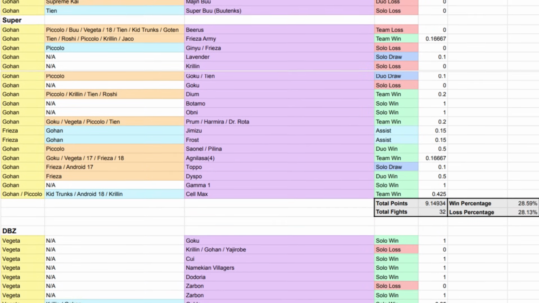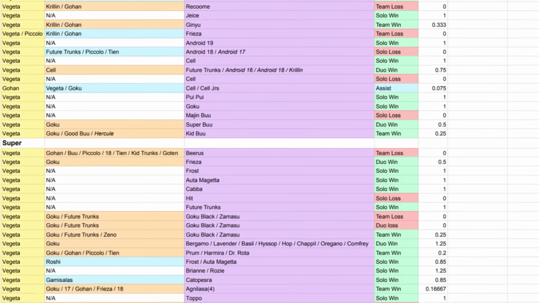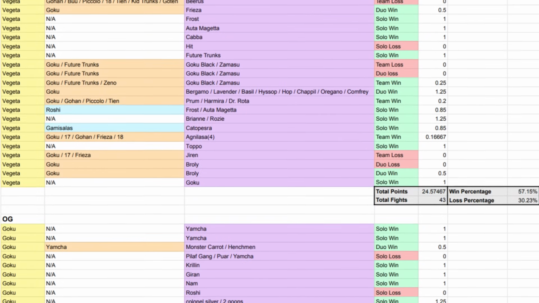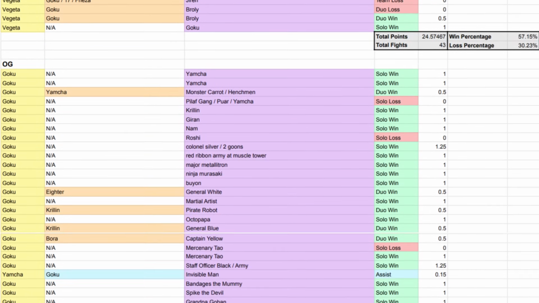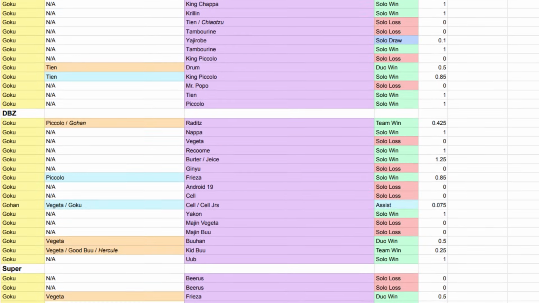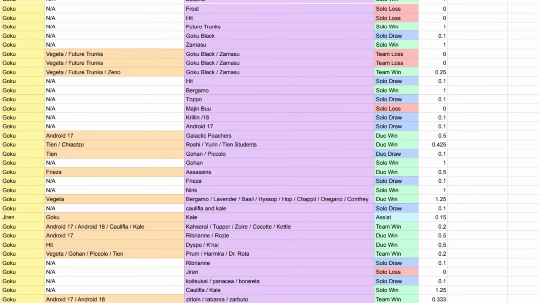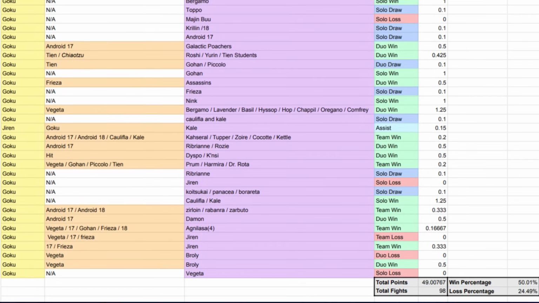I understand the argument of Gohan versus Dabura, but according to the rules, we're counting Dabura as running away, so we are keeping Gohan's win right there. And as far as Gohan versus Super Buu, no one runs away or is unable to battle until Buu Tanks comes around and kicks Gohan's ass, so that is 1 loss. I went over the rest of the battles for the Z Fighters with this lens, but here's the new overall